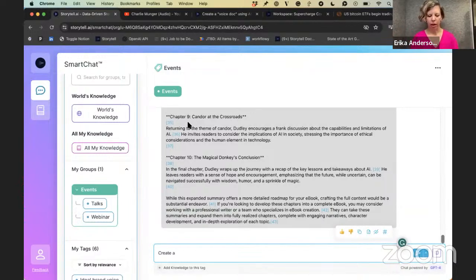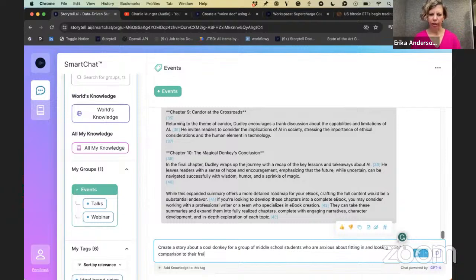So it could be: create a story about a cool donkey. Sorry, I got on a donkey kick. For a group of middle school students who are anxious about fitting in and looking cool in comparison to their friends.